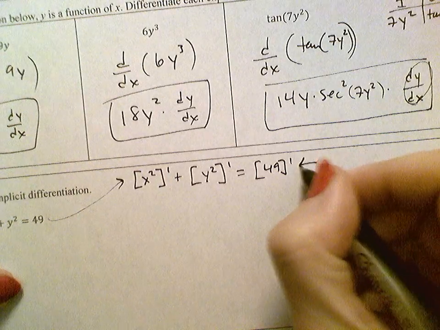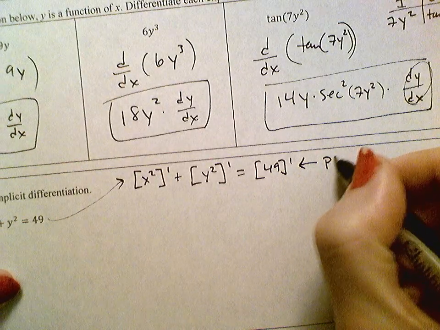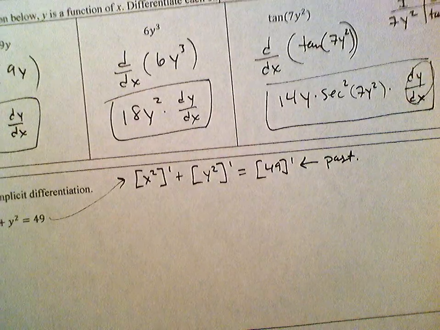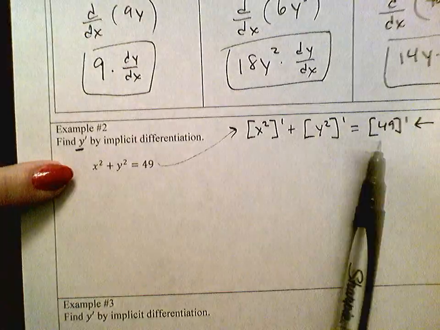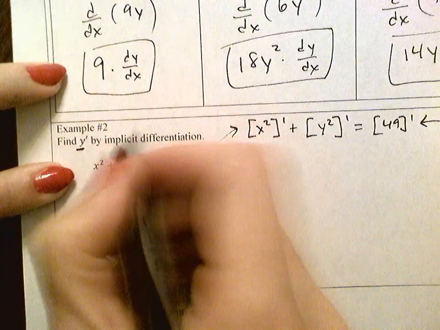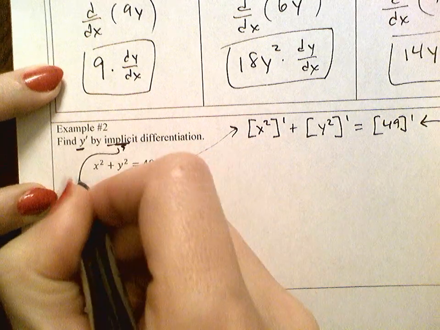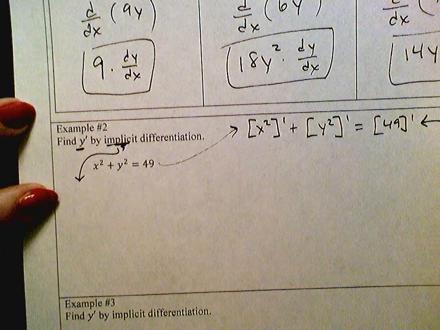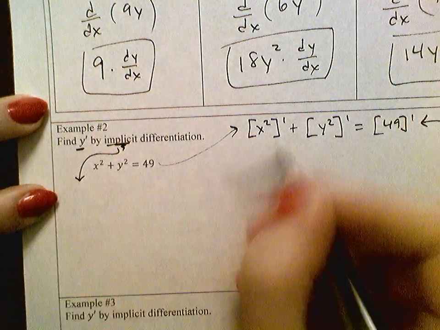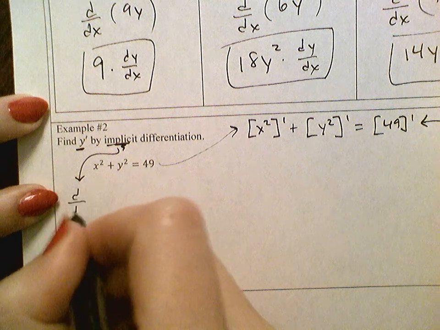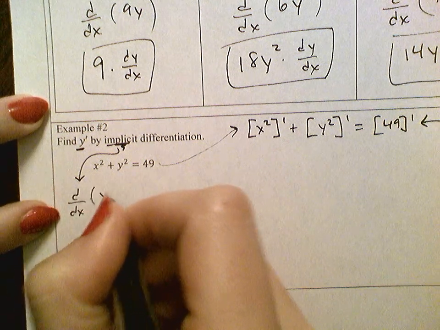You could still do this in certain situations, but if you're doing implicit differentiation, you want to go like this. Instead of the bracket, you go